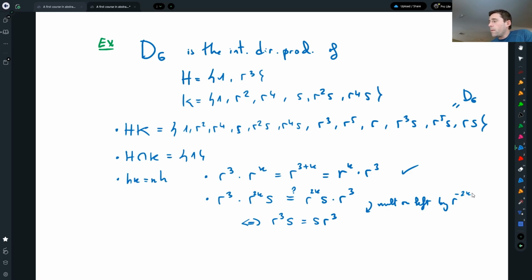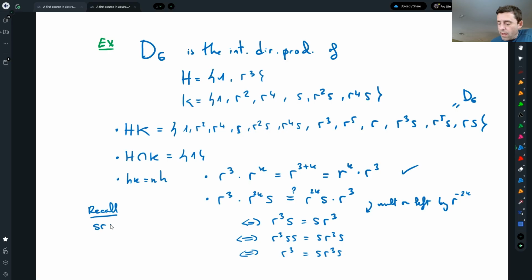And if I multiply on the right-hand side here by s, then I get r cubed s s, which is s r cubed s, which is in fact the same as r cubed equals s r cubed s, because s times s is identity. And now recall